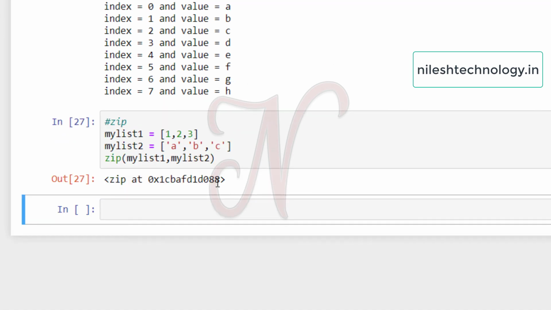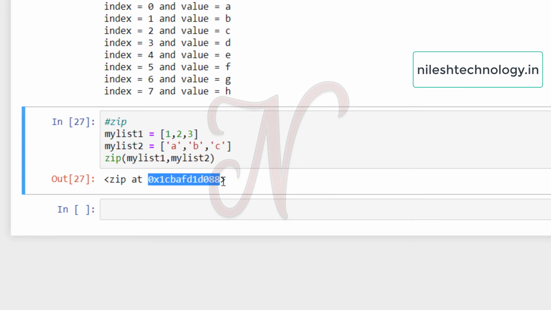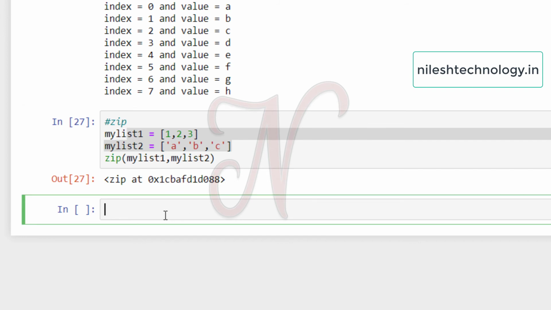Okay, so my output message is that zip at here some address value. Okay, so the meaning of this is that the zip of the lists is at this location in memory. So this is the memory location address. Okay, so if you want to print this zip data, then see here by using the for loop.